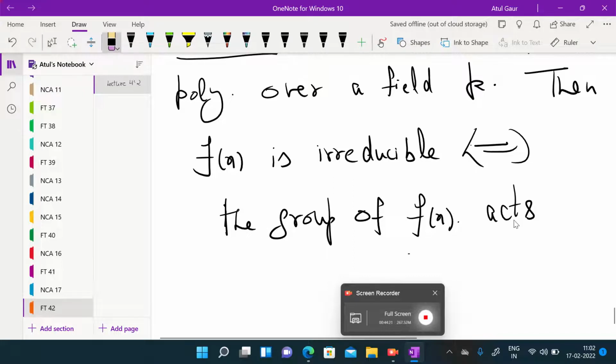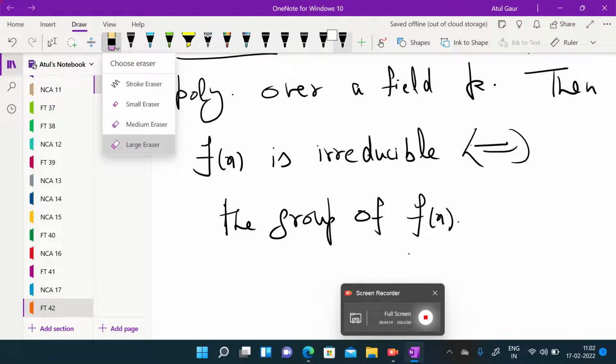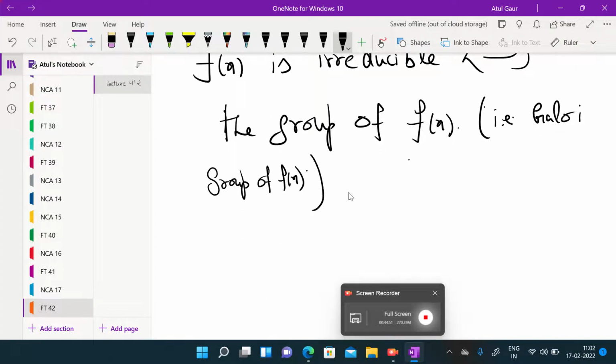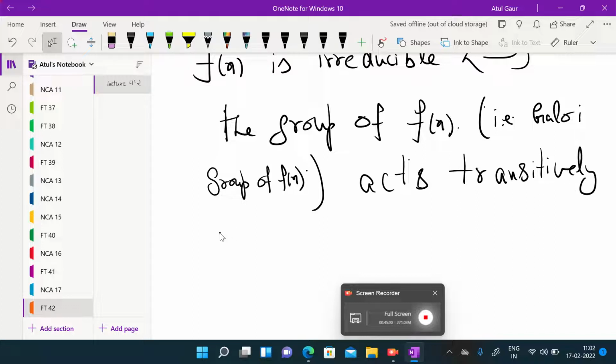So I think it's better to write it in brackets. The group of f(x) means the Galois group of f(x) acts transitively on the roots. Is that fine? Got this statement? So this Galois group acts transitively on the root set if and only if the polynomial is irreducible. Okay,